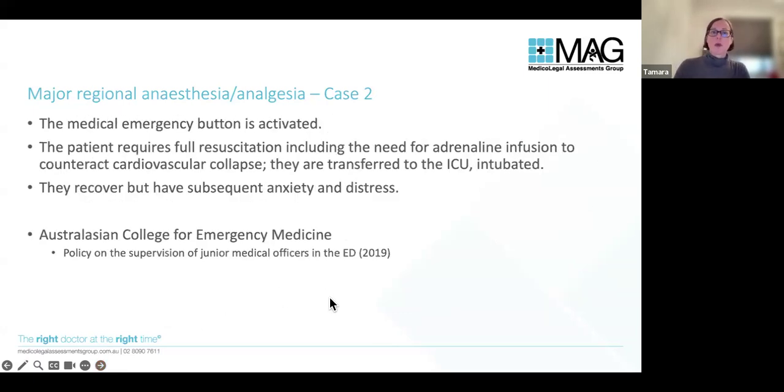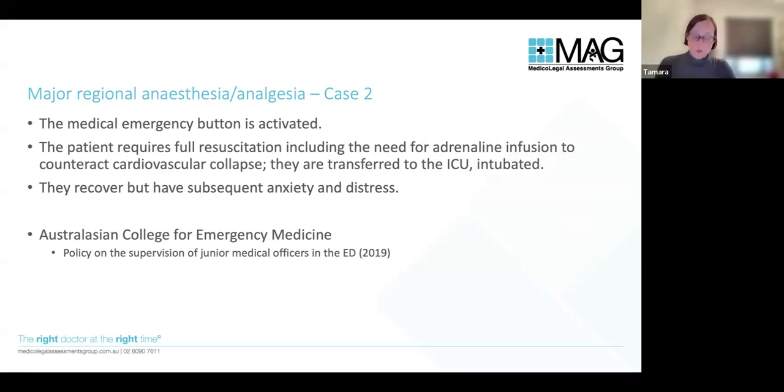Buggerlugs manages to push the button, and there are enough experienced resuscitators in an emergency department, so a drip goes in. There is a need for an adrenaline infusion, and the patient has to have a lot of Valium for the fitting, and so they need to be intubated because they will then not breathe.